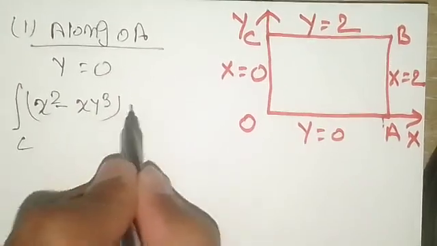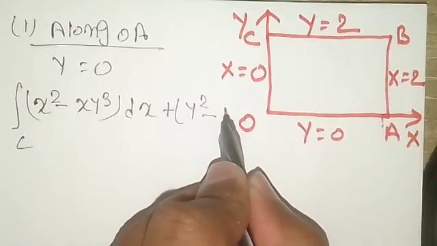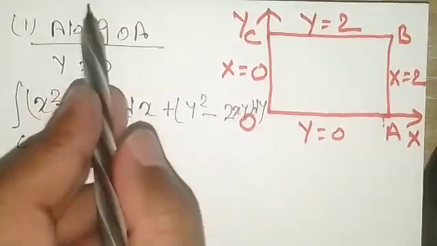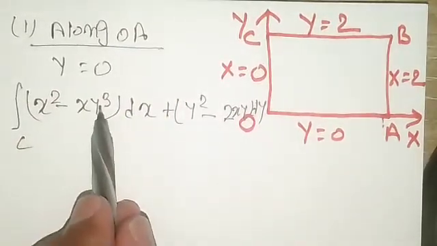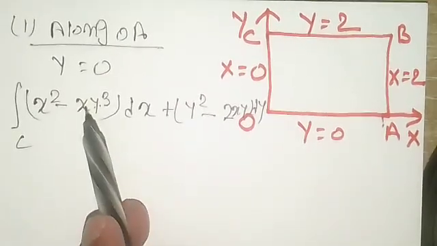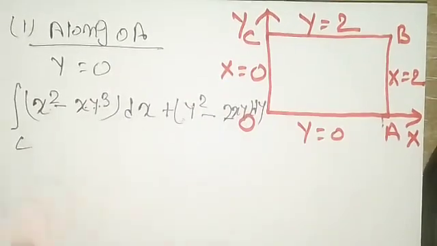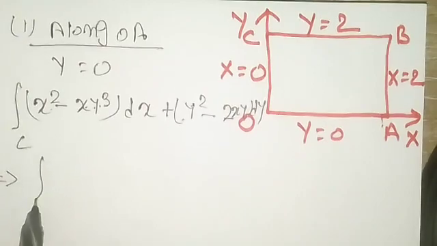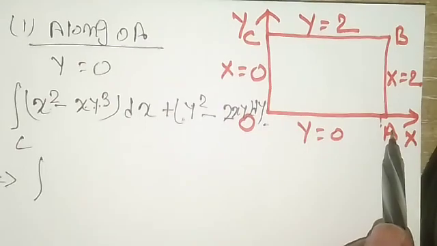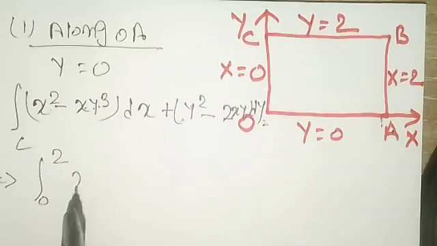And this is what you have: (x² − y) dx + (y² − 2xy) dy, right? So on curve OA, y is equal to 0, so this term will be 0. Y is 0, so this is 0. Only remaining is x² dx. So along curve OA, x is varying from 0 to 2, is it or not? This is 0 and this is 2, so you can say integration from 0 to 2 over x²